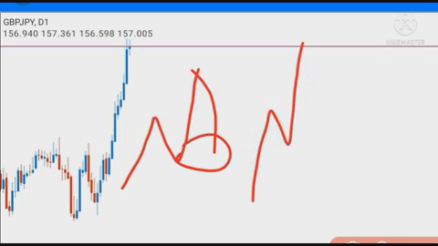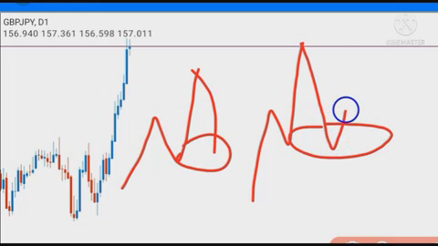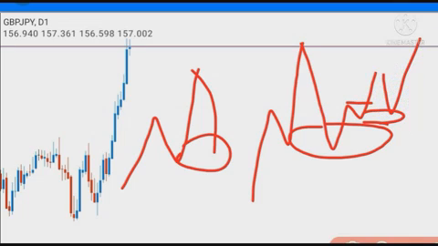Now, this is your 4-hour OB. When price comes into this 4-hour OB, you want to see a break of structure here, and then your other block is sitting somewhere here. So that's what you want to see on your lower time frame to take the price up. That is one way of confirmation entry. The other way of confirmation entry, I leave that for my premium group.